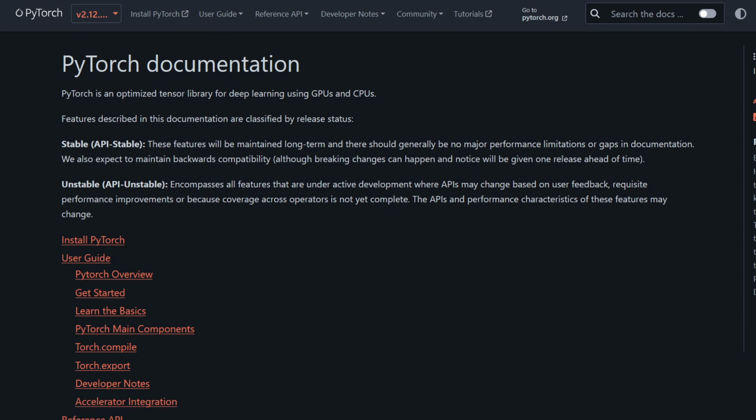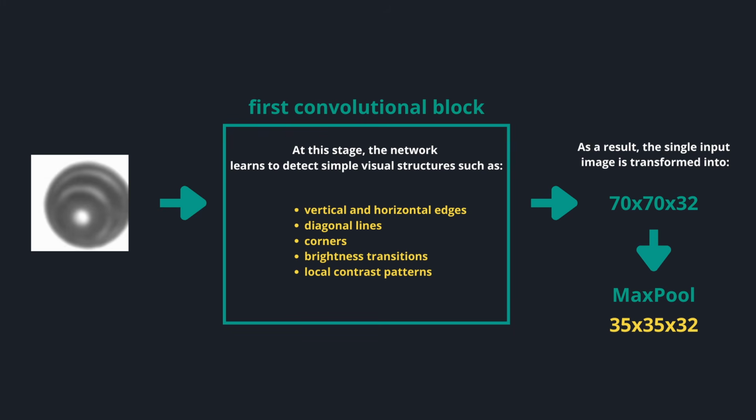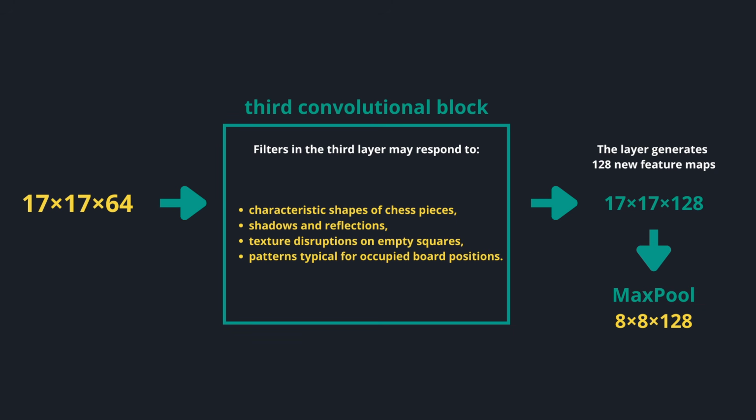Using the PyTorch library in Python, I created the model architecture. A grayscale image passes through 3 convolutional blocks. Each one applies more filters, gradually building up feature maps, matrices that store what each filter detected. The first layer looks for simple things like edges and brightness transitions. The deeper ones start already with that information, and they are focusing on more complex patterns like contours and outlines